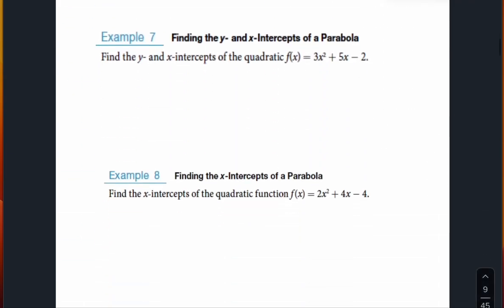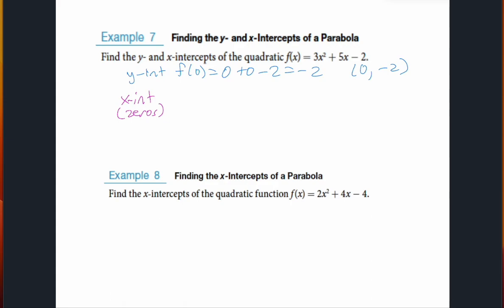Okay. Now let's take a look at how we find x and y intercepts. So remember, the y-intercept, let's do that first. That's the easiest one. You just plug in 0. It's always, in this form, going to be that c value. It's always 0 plus 0 minus 2, so it's negative 2. So that's always the easy one. If everything was like that, that'd be great, but it's not. But the x-intercepts, remember, are just the zeros. So we're just going to set the equation